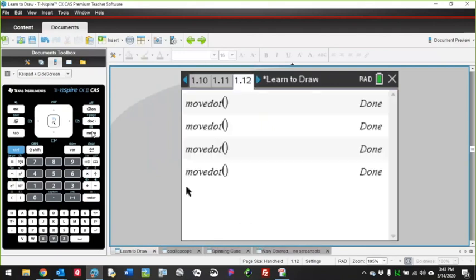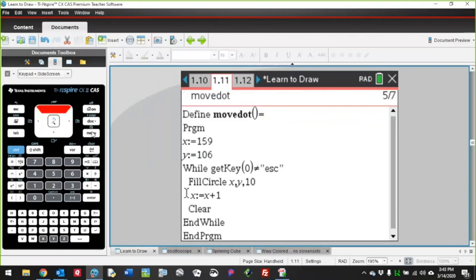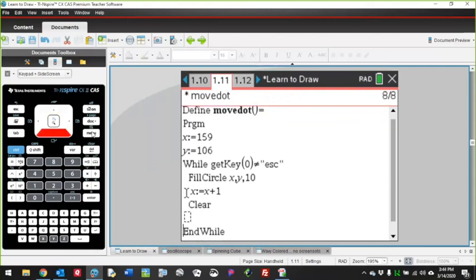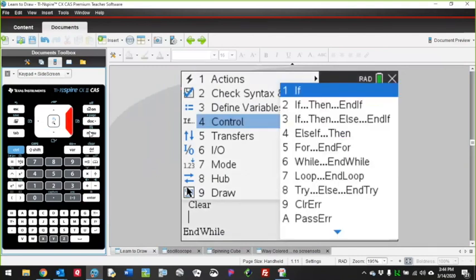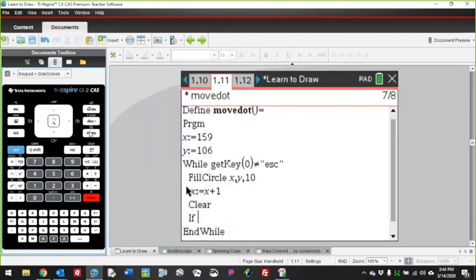The final step here is to make it move somewhere else except all the way off the screen to the right, because it'll just keep on going because I haven't told it to do anything but increase the value of X by 1 each time. Well, the next step is to fix what happens when it goes off the screen. If is going to be used in here. We choose menu, control, if. Which one do I want to use? I'm going to use the simple one. If X is greater than, what's the right side of the screen? 318,